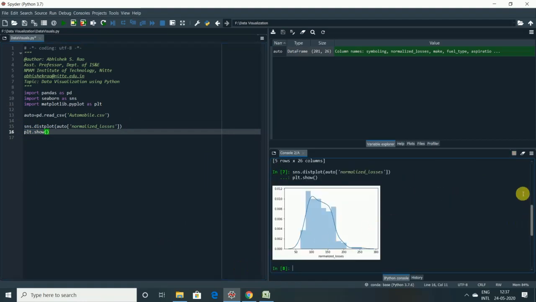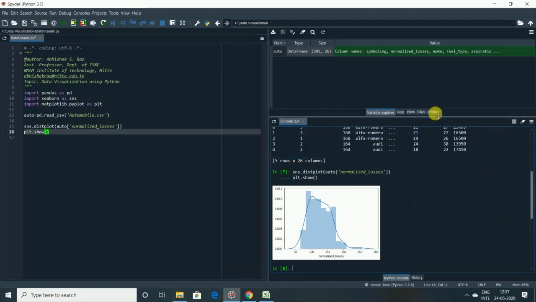Yes, so this is the output we got here. As you can see, the bins are automatically created. These are all the bins, 50, 100, 152, automatically created for the single variable, and the bins are plotted against the frequencies of values. You can also see the kernel density function.